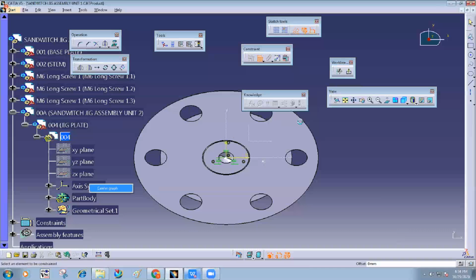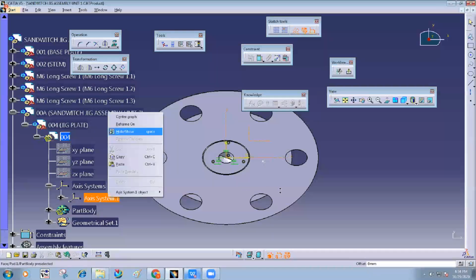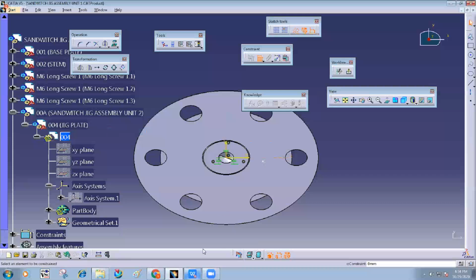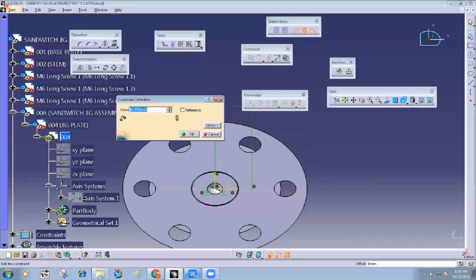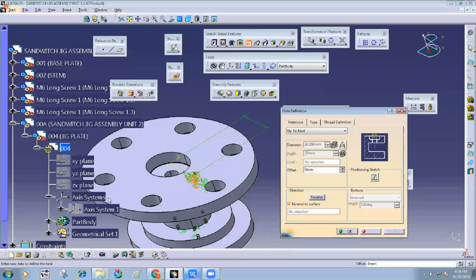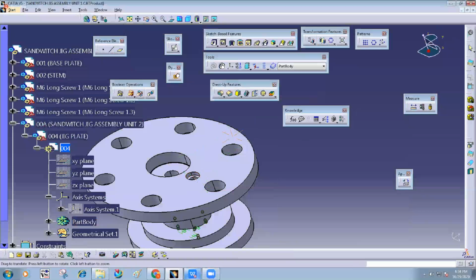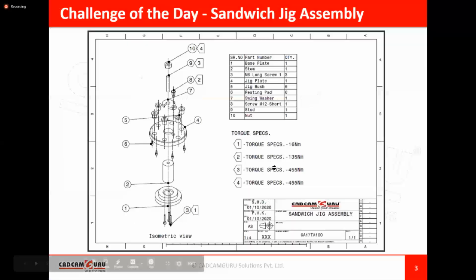I'll hide this first. This to this distance is 42, and this one coincident. Now exit this preview. Yeah, it is arranged like this.